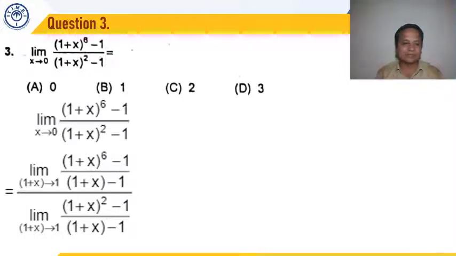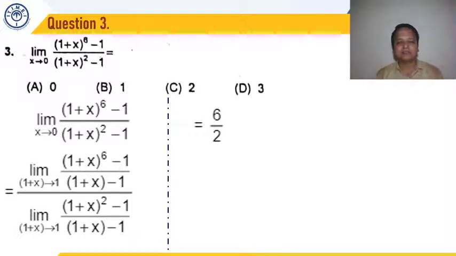Here 1 to the power 6 is 1. So here a is 1, power is 6, n is 6. On putting 1 plus x tends to 1, it leads to an indeterminate form 0 by 0, which we are also getting. So we use the standard result in the numerator as well as the denominator. So it's 6 times 1 to the power 6 minus 1, that is 1, and 2 times 1 to the power 2 minus 1, and 1 to the power 2 minus 1 is again 1.